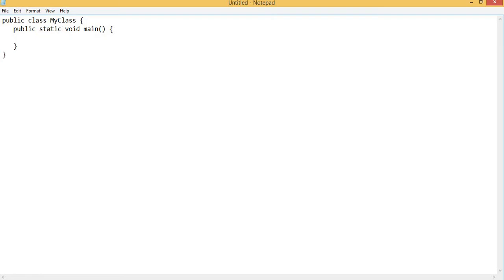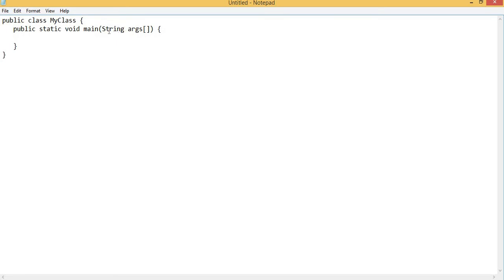And also, as per Java programming, the main method must come with an argument of string type, and it must be an array type. I am repeating once again. To write a Java program, I have to define a class as public, and inside that class I will be defining my main method. And coming to Java, the main method must be public and static. And also the main method will come with an array of arguments of string type.